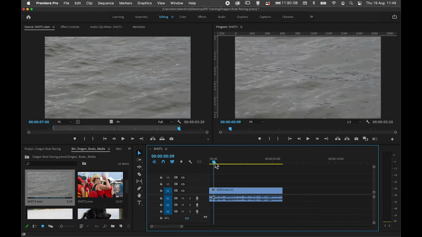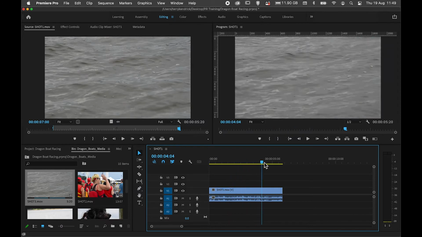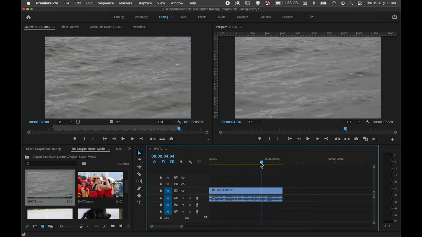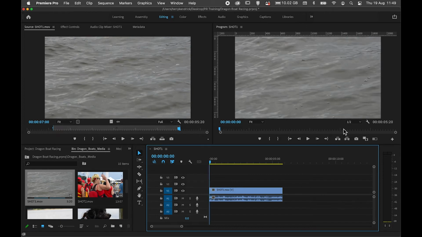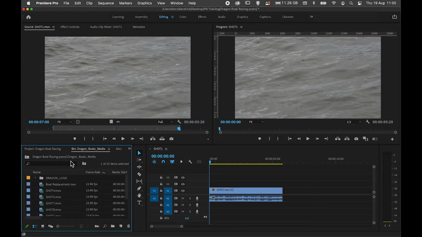So here in my program monitor, I now have that trimmed clip. You'll see that the clip has been trimmed down to 5 seconds 20 frames. Now if I come back up to my Dragon Boat Project Racing folder, the topmost level, you will see now